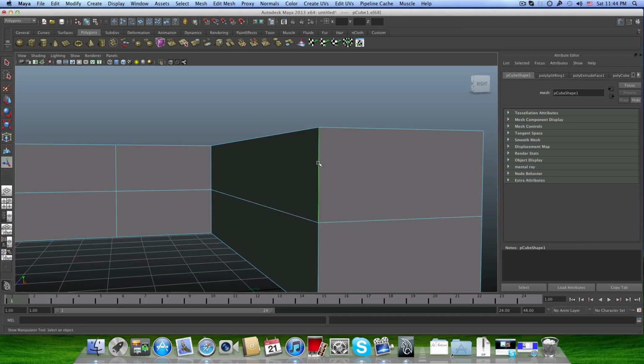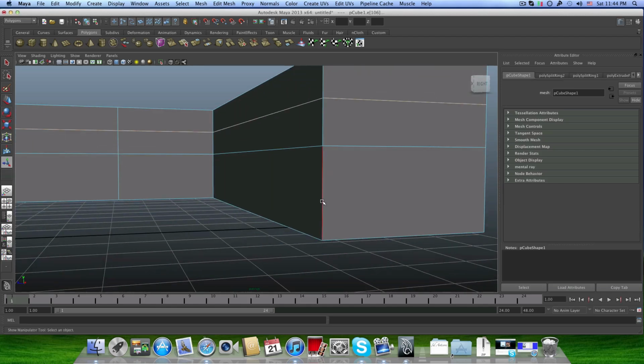First, right click, choose edge, choose this edge, hold down the control, right click, edge ring utilities, edge ring and split. Okay, and then again choose this one, hold down the control, edge ring utilities, edge ring and split. Okay, now